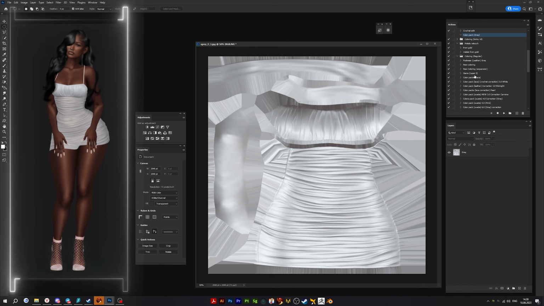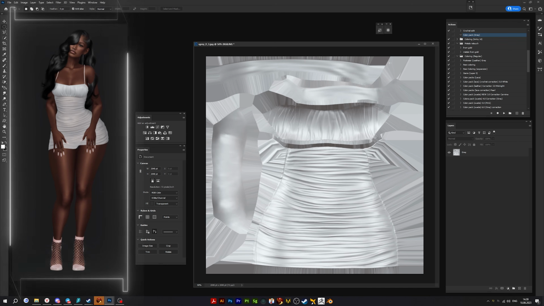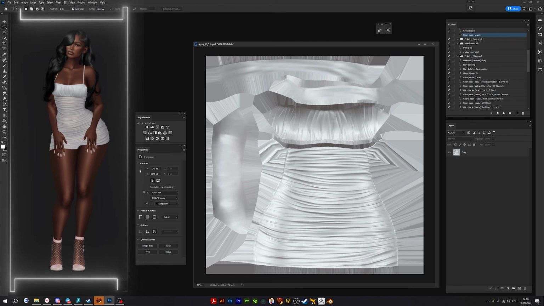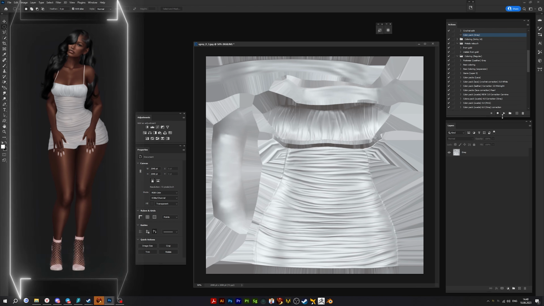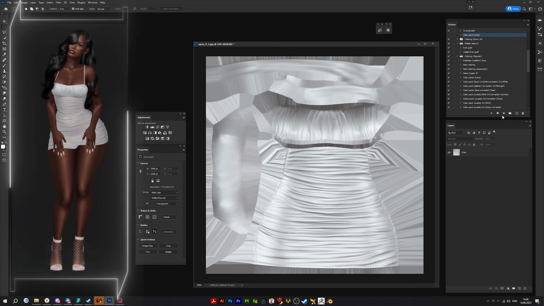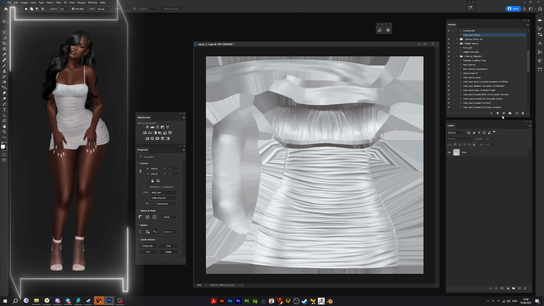And I usually record my action on the first one, the front. And I need to do the same for the back. I go to the layer with the back texture, I press play and the action has broken because, I don't know, somewhere I clicked undo on my keyboard and Photoshop didn't remember it and everything went wrong.